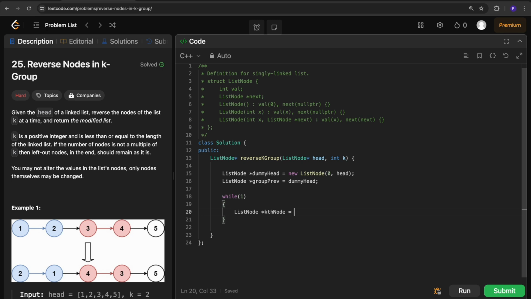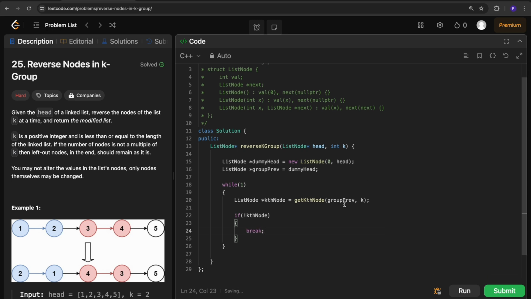So what I'm going to pass here is I'm going to implement this function as well. Get kth node. I'm going to pass this group previous and value K. If kth node is not present, then I'm going to break out of this infinite loop, because we are done with reversing everything. If there is a group of size k, then we have to reverse